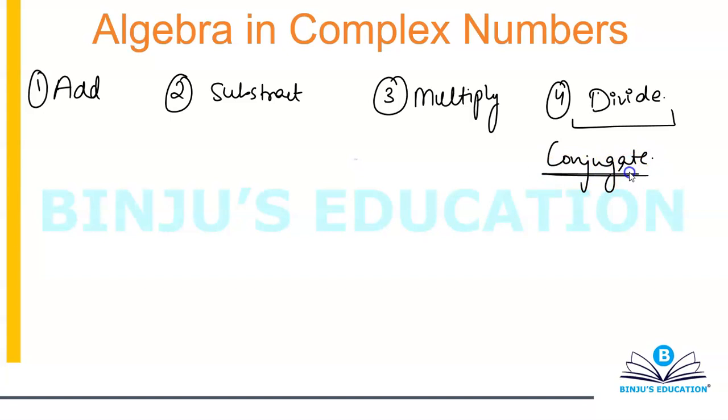There are basically only 6 things which can be asked to you in the exam. One question is based on the cyclicity of imaginary numbers. Second is based on the concept that the sum of any 4 consecutive powers of iota is equal to 0. Third is, how do you add two complex numbers? How do you subtract? How do you multiply? And how do you divide? These are the only 6 things which you need to know. Nothing else is required for this entire chapter. The chapter is pretty straightforward, it's very easy and you can score like 10% marks in this.